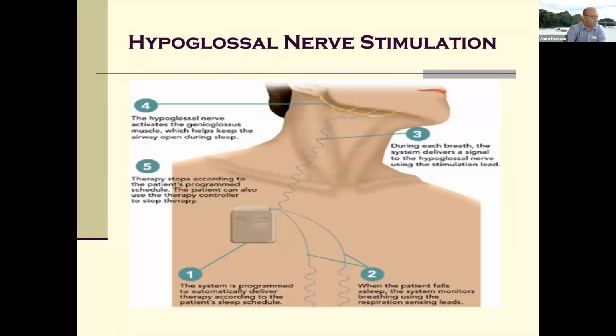Hypoglossal nerve stimulation. It's a little device that's put under your skin and fed through to the hypoglossal nerve, which it gives impulses to, which then causes a contraction of the tongue muscle. And again, it's a form of strengthening for the tongue muscle, but also it can be put on while you're asleep. It times in with your respiratory cycle, and will trigger to pull your tongue out of your throat with each breath.